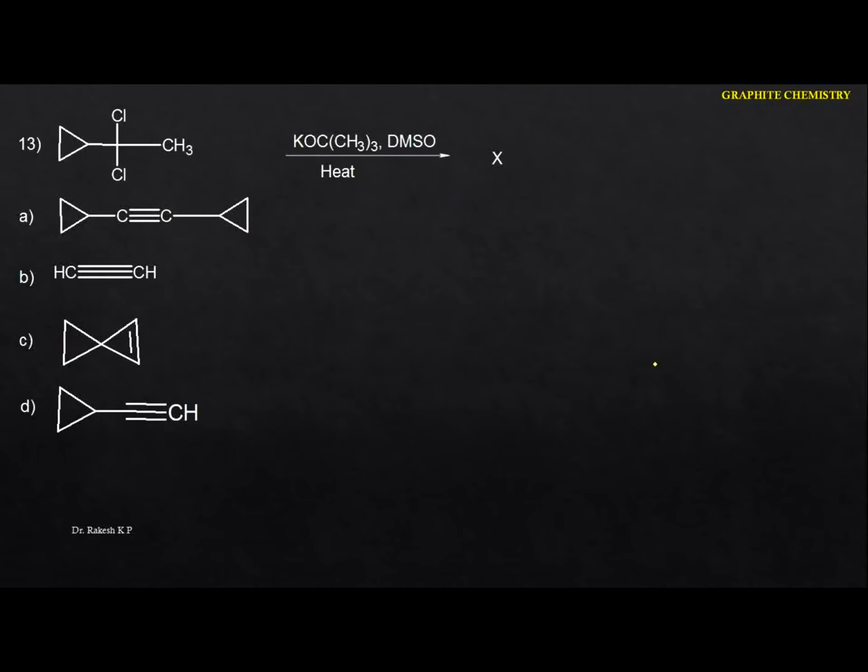So now you just identify this one here. Here they have given the dihaloalkenes. Now they have given the geminal dihalide. But see the conditions here. This is potassium tertiary butoxide, which is one of the strong bases. And also see the next one here, they have also given the heating symbol.